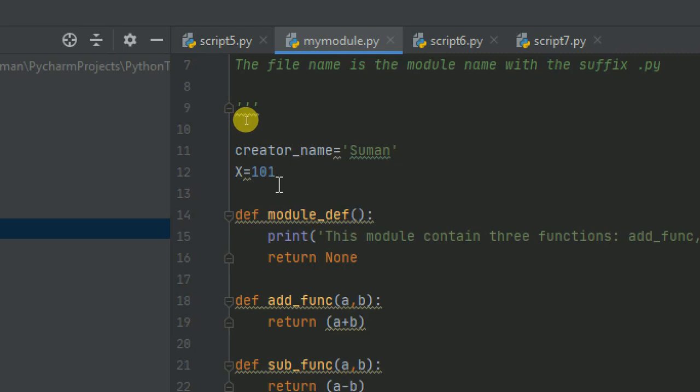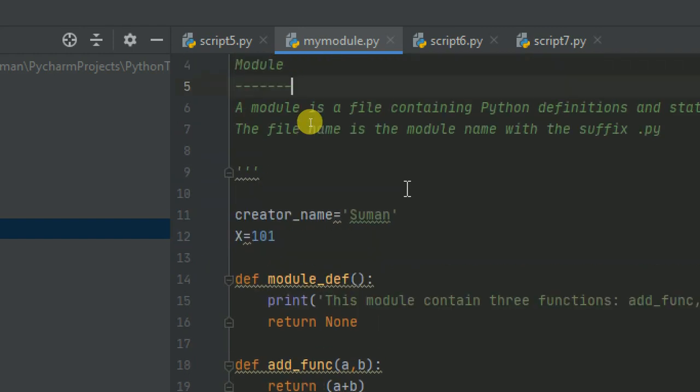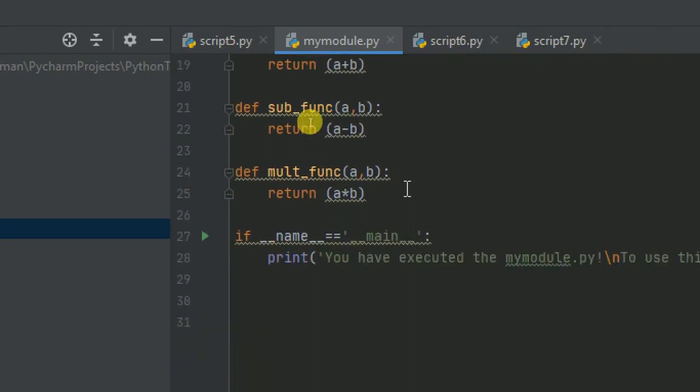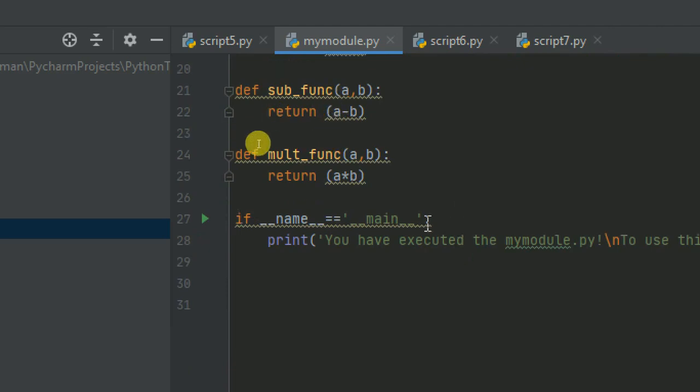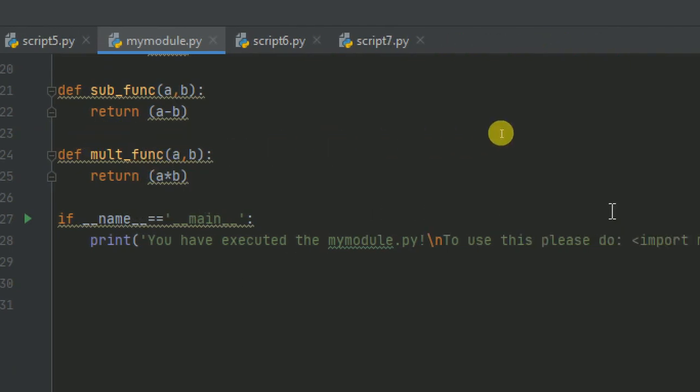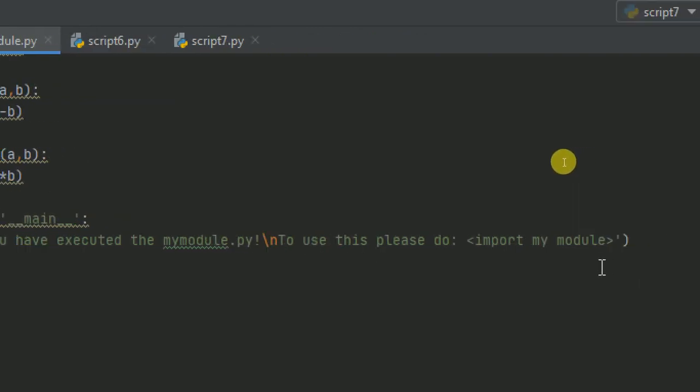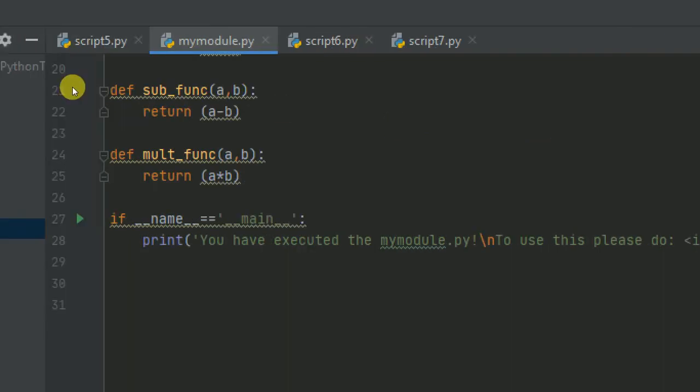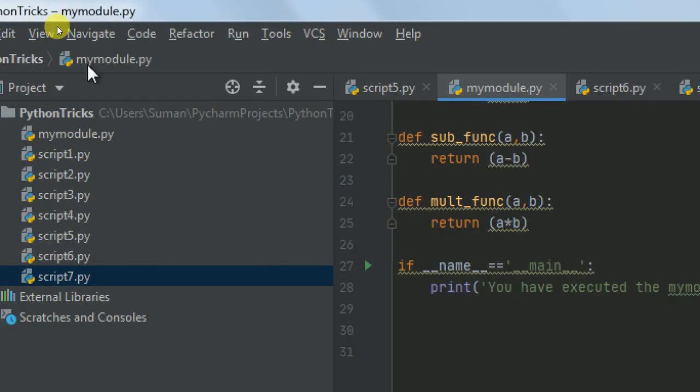So now I am going to use this. Suppose I run this module, what will happen? I have also written these things: if __name__ is equal to __main__, then it will simply print that you have executed my module.py, and to use this please do import my module. Okay, so if I run this code,